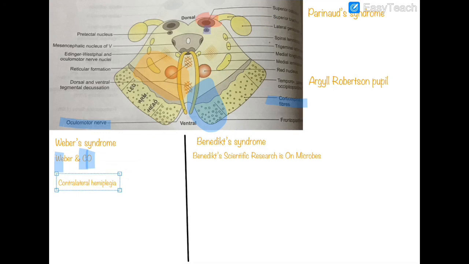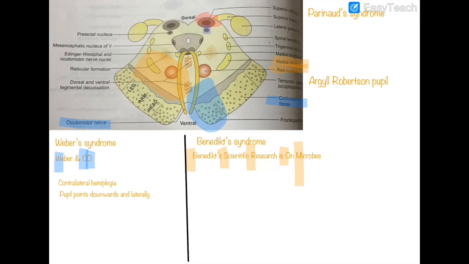The oculomotor nerve is damaged, then the pupil will point downwards and laterally. Moving on to Benedict syndrome, the structures affected here are the superior cerebellar peduncle, the red nucleus, the oculomotor nerve, and the medial lemniscus. So B for Benedict, S for superior cerebellar peduncle, R for red nucleus, O for oculomotor nerve, and M for medial